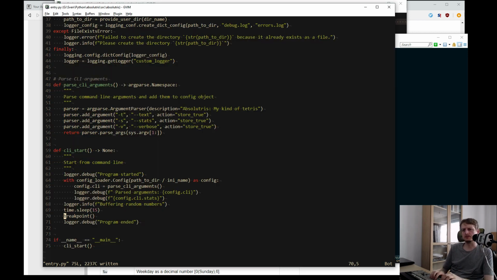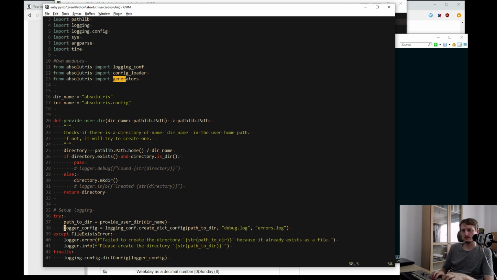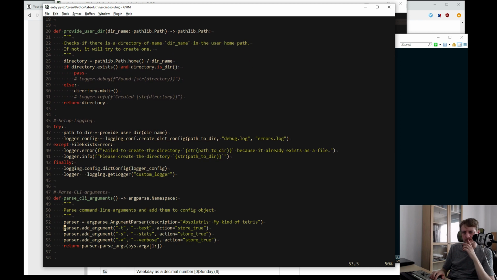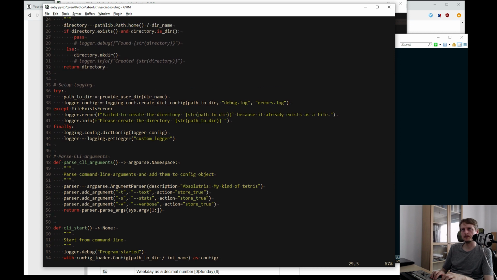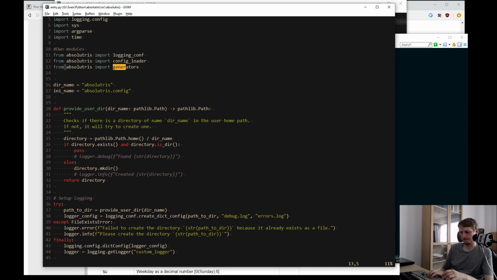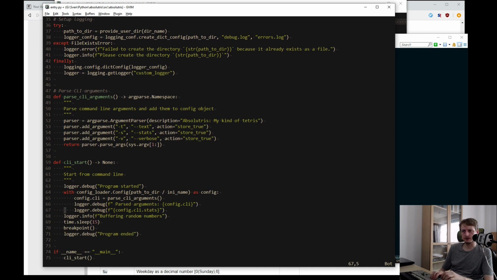And we should probably get rid of this routine to load the generators for now, because we don't need them. Do not import generators and buffering random numbers, we don't need this.